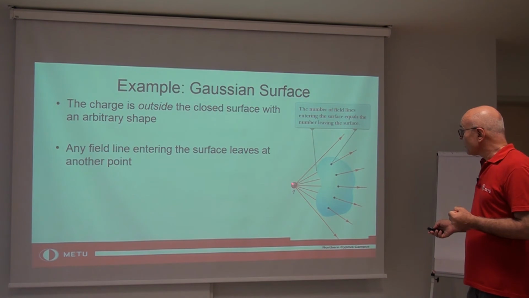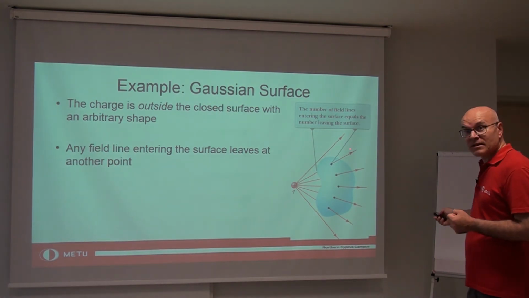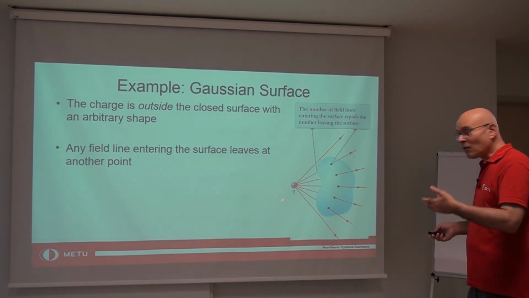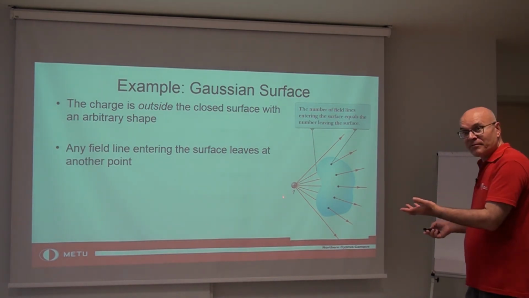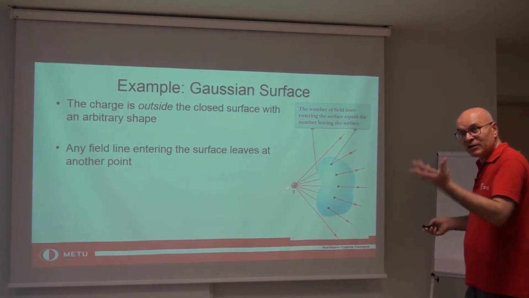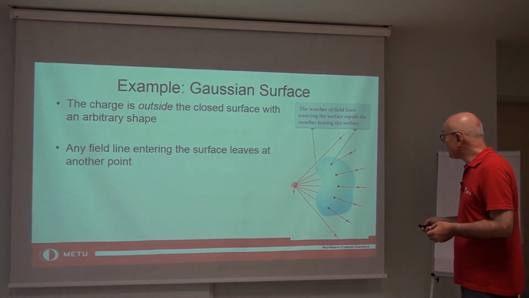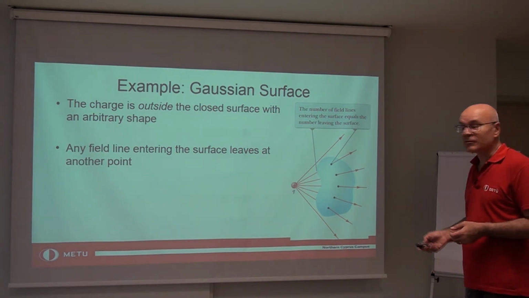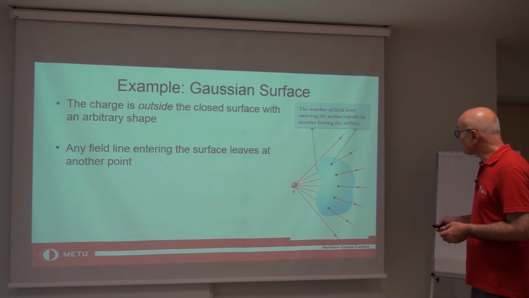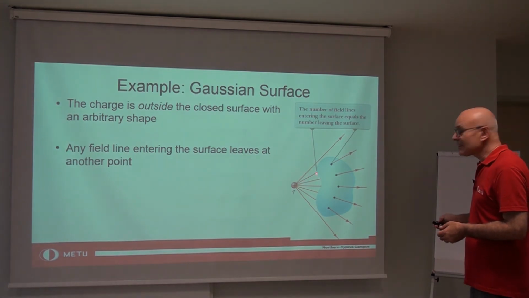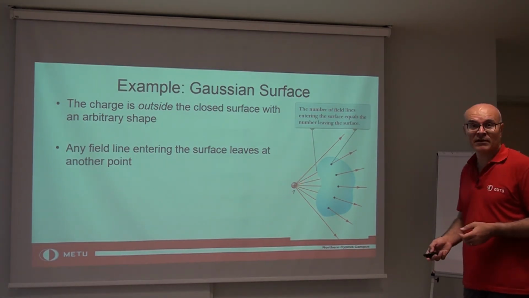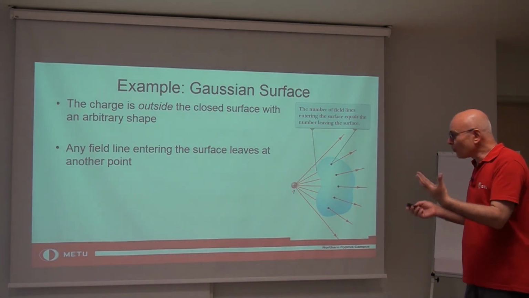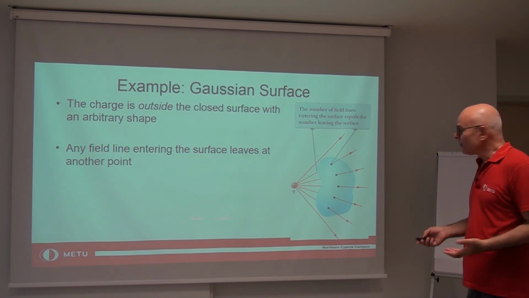Because these lines are continuous, and there is no charge inside where they originate or sink, the number of field lines coming in is equal to the number going out. That is, each electric field line enters the surface at some point but leaves the surface at other points. So the net number of lines through that surface is 0,